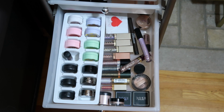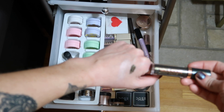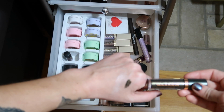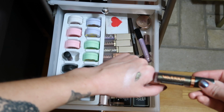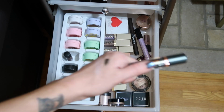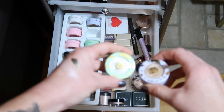So then in this drawer, I have all of my single shadows that aren't in palette form, as well as all of my liquid shadows. And I feel like I should pull a liquid shadow. I'm gonna pull this one from Flower Beauty. This is in the shade Camo. I'm sure that this isn't autofocused right now, but this is just a really beautiful darker olive green sort of shimmer. And then I purchased these Halo Top ColourPop singles and basically have never reached for them,